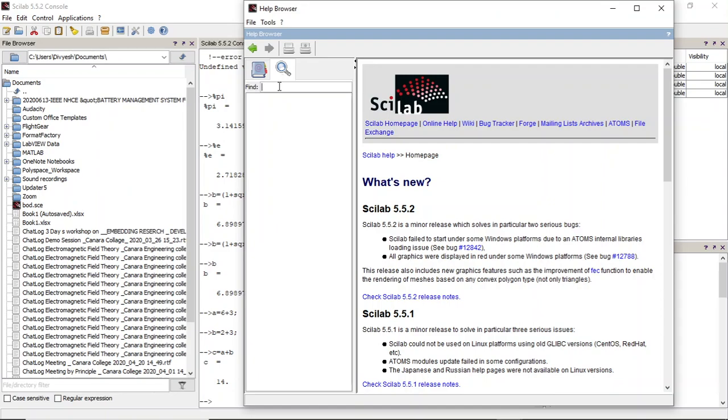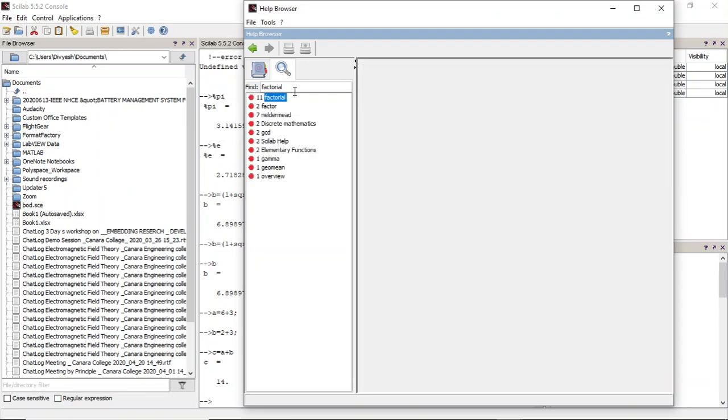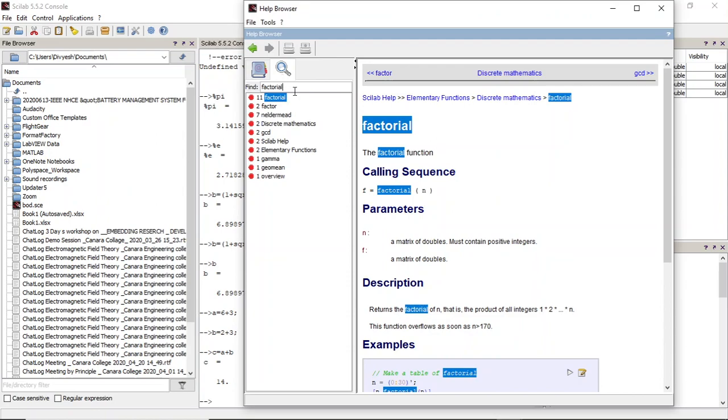Let us try. I just want to know whether there is something known as factorial in Scilab, because factorial is very common. So let us see whether Scilab has something to offer on factorial. Yes, nice. So see here, factorial is a function in Scilab, and it shows the calling sequence of that function.